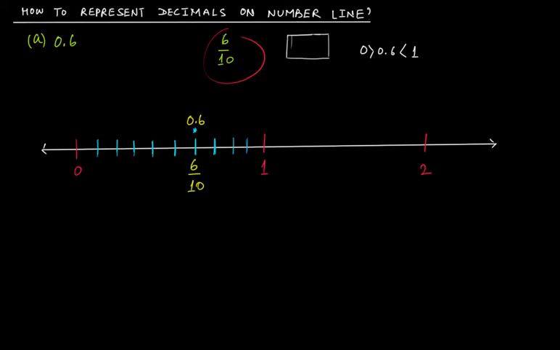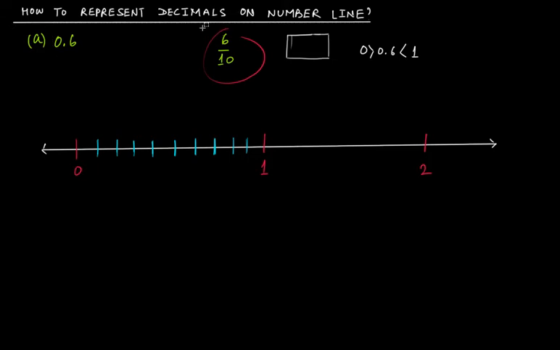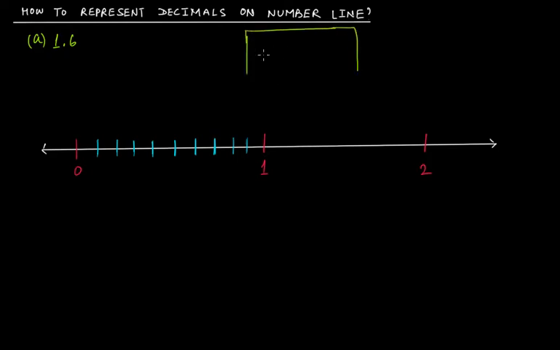If I have to take some other example, then let's simply remove this portion. I'm removing it. Okay, let's take 1.6. What does it tell? It tells that at the ones place we have 1, but at the tenth place we have 6. It means that if we have to understand pictorially, let's say that this is a rectangle, and we have one complete rectangle, and then in another one we have,